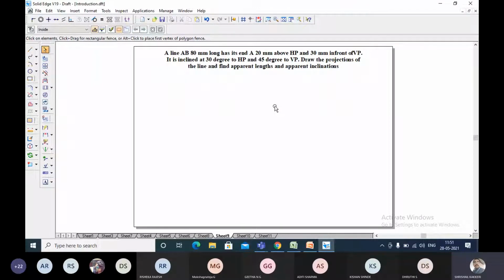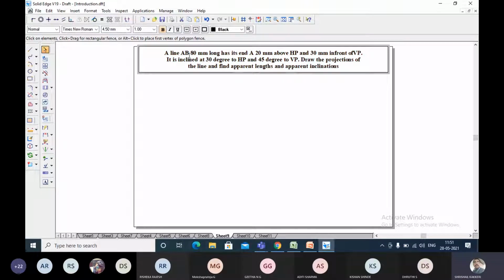You are able to position the true length in the front and top views as A dash B dash and A B. For example, instead of giving this problem like this, if I had given you: a line AB 80 mm long, that means it is the top view of the object, the apparent length of the object in the top view.